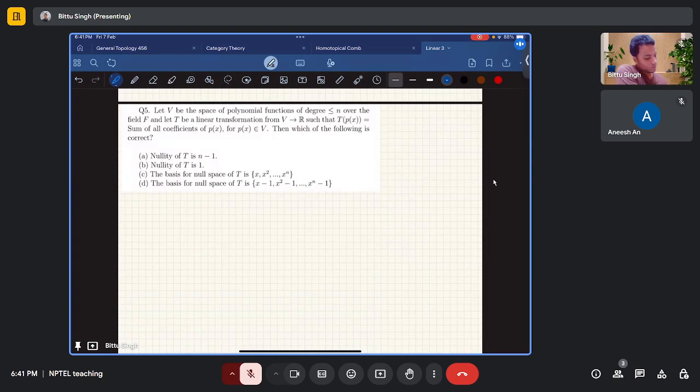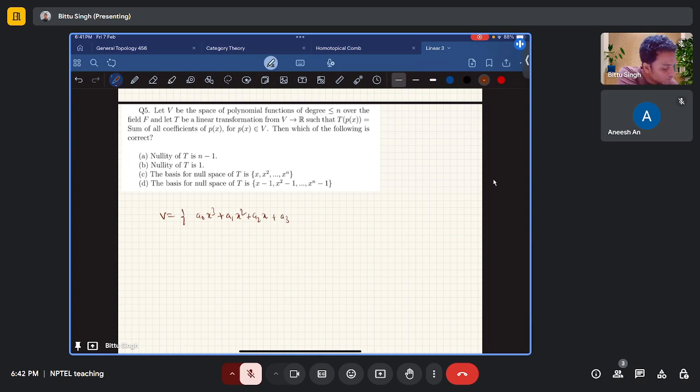For this question number 5, there is a linear transformation. First, V is the space of polynomial functions of degree less than or equal to n. So explicitly, V can be written as a0 x cube plus a1 x square plus a2 x plus a3, sorry,